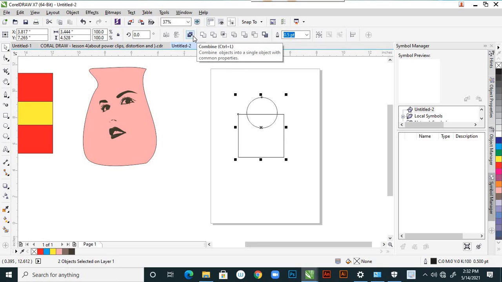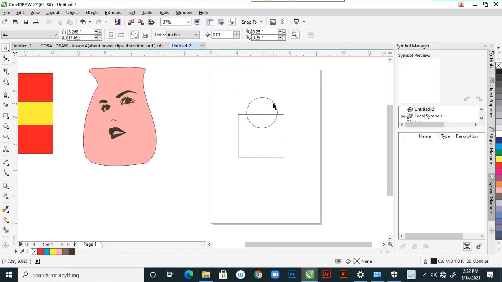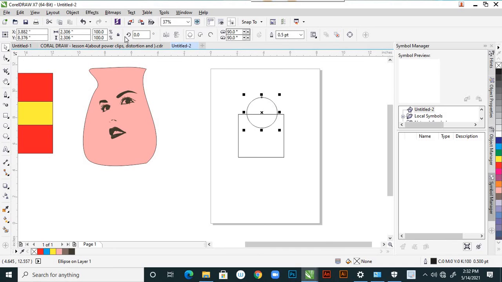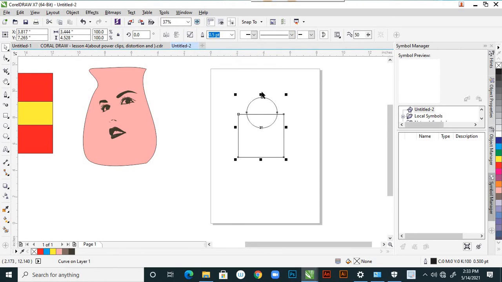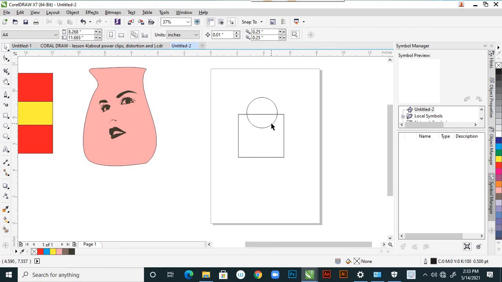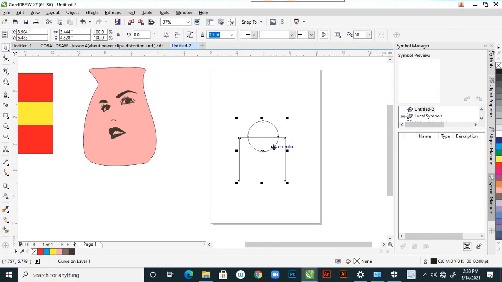See here, combine objects into a single object with the common properties. Suppose if you select one, you cannot see it here, so you must select 2 shapes, then only it is visible. So just click on that, so it is combined as one, right?